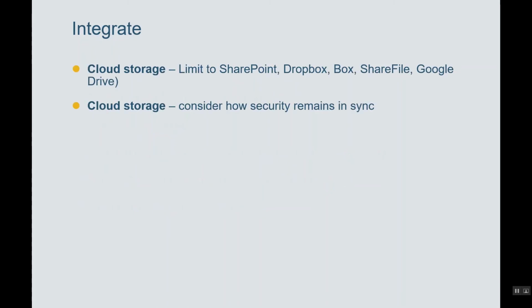If you decide to integrate your legacy DMS system into Microsoft Teams, there are two ways to do that. You could use the Add Cloud Storage functionality, and that is typically limited to a few sources at the moment. So you could integrate SharePoint, of course, which is Microsoft. You could also integrate Dropbox, Box, ShareFile, and Google Drive. These are actually links that you store in the Files tab, but they are not really connecting the data. So it's not possible, for example, to use Teams search functionality to search in these cloud storage options. Apart from that, if you adjust the Teams security, it will not adjust the security in the linked systems.